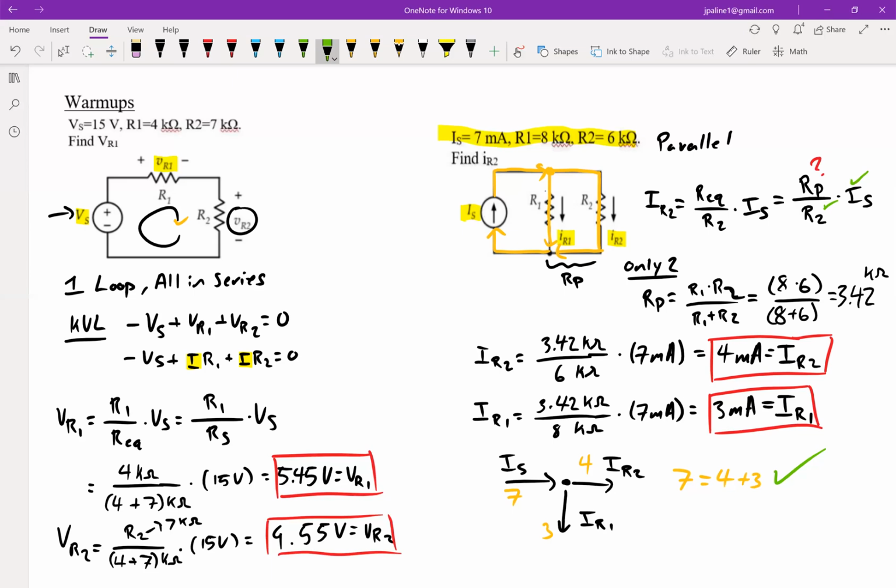So those are just a couple quick warm-up questions with a pretty thorough explanation. Does anyone have any questions about the warm-ups before we move on to the longer problems? Okay, I'm seeing none, so I'll